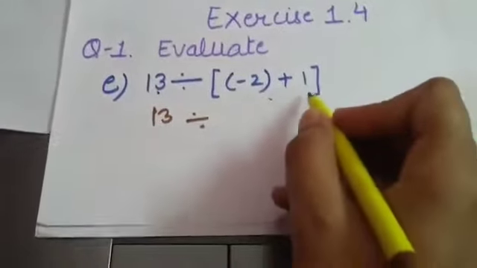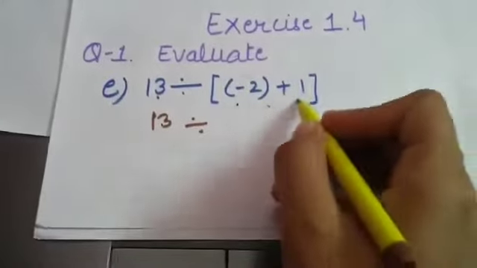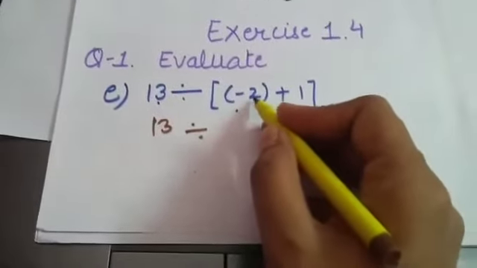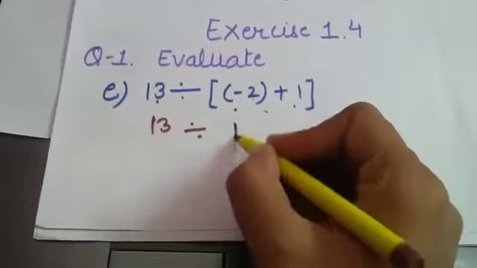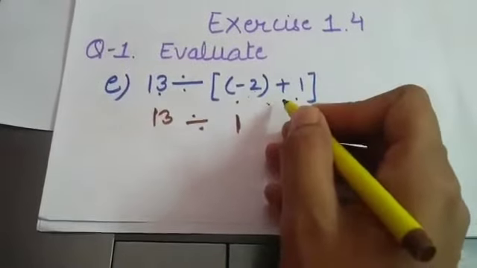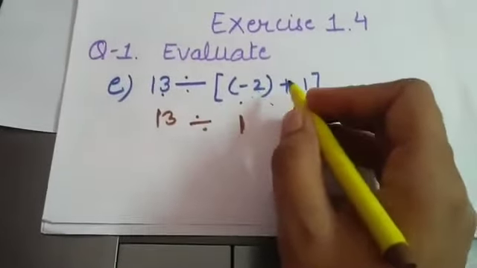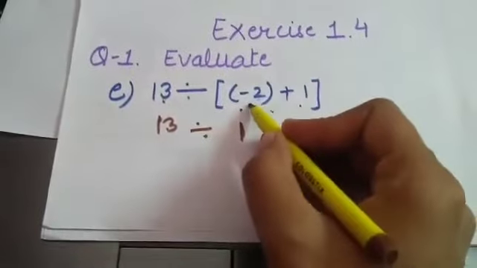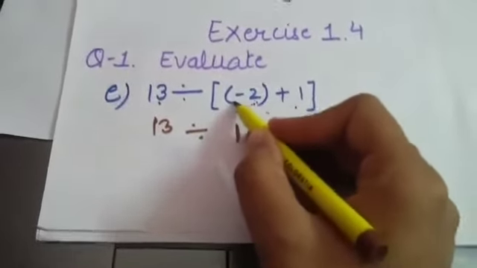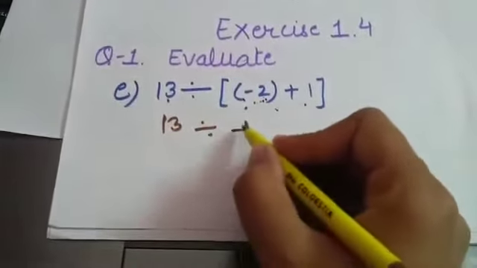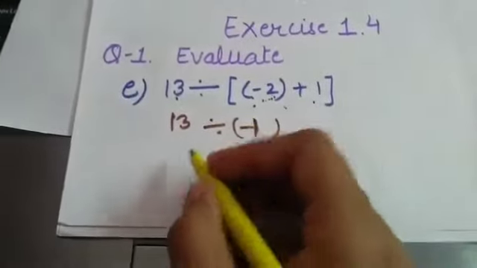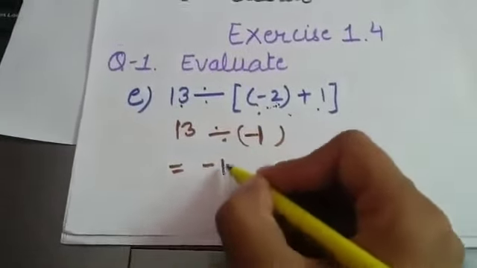One is negative, one is positive. So negative and positive, you have to subtract the numbers, and it will be 1. For the sign, the sign will be of the number with the higher numerical value. Here 2 is larger and 2 is with a minus sign, so it will be minus. And here again I will get minus 13.